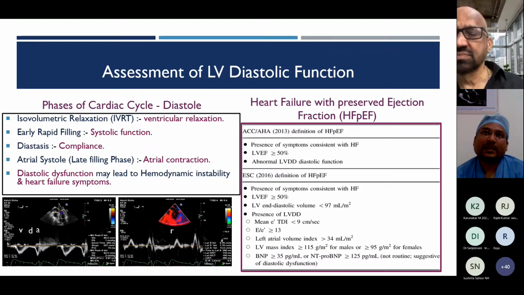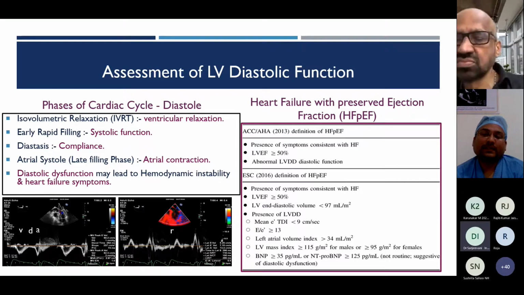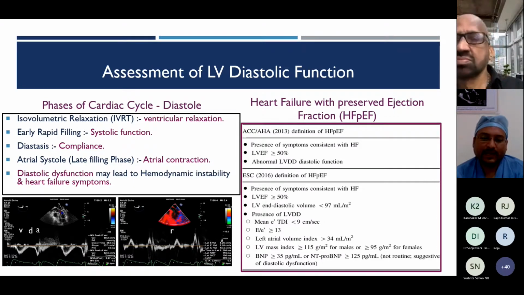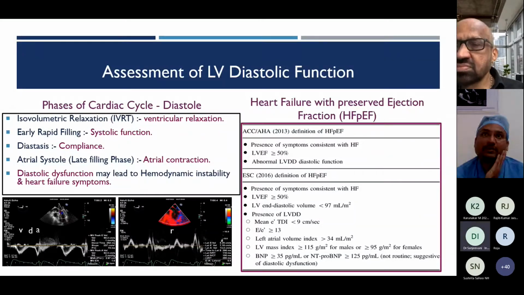Where is IVRT to be done, madam? You can do it in TDI, where you get both the relaxation as well as systole in the same image. We get it in the same image, but since there is an annuloplasty, or a strut or the valve sitting there in the annulus... Okay. E by E prime is also another good method.